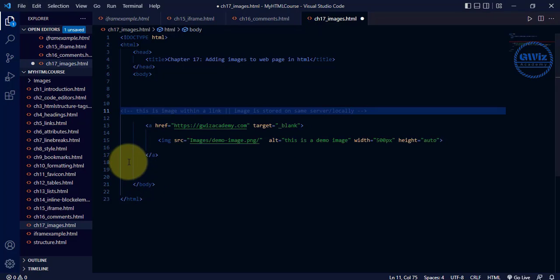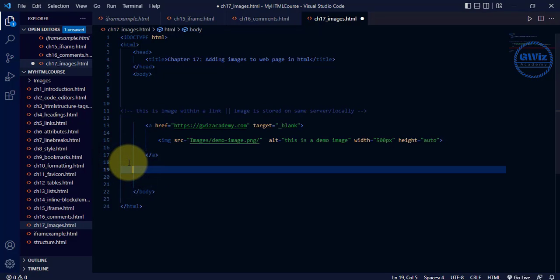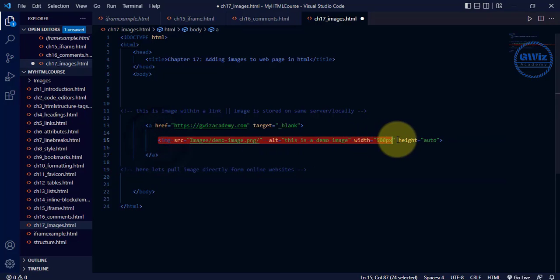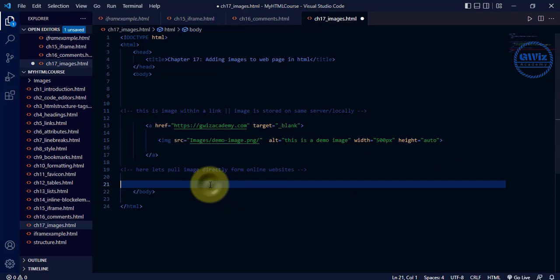Now one more comment I'll add here: let's pull the image directly from online websites. How to do that? It's as simple as that. Just copy this image tag and paste it here,